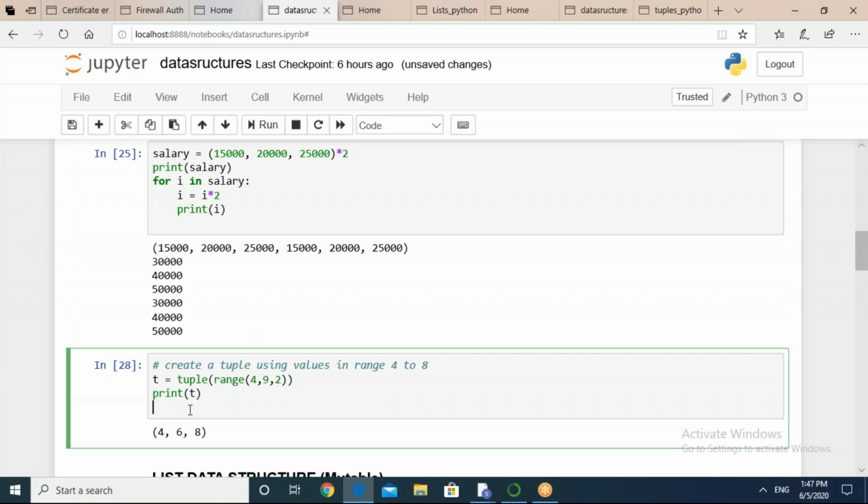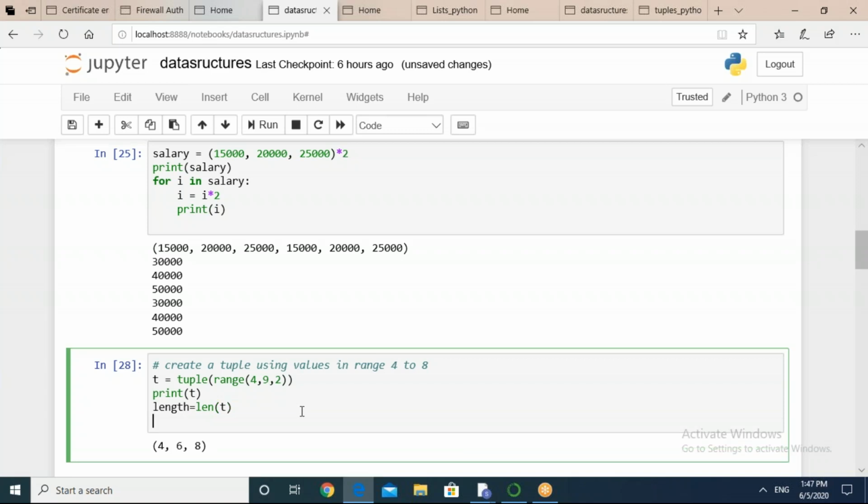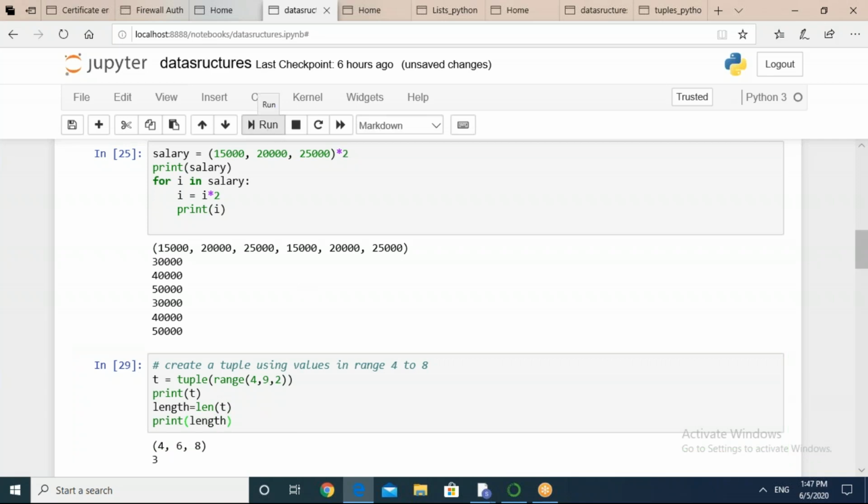Length of the tuple. So mostly all have done correctly. LEN tuple 1. Okay. LEN method. Very good. Print. Fine.